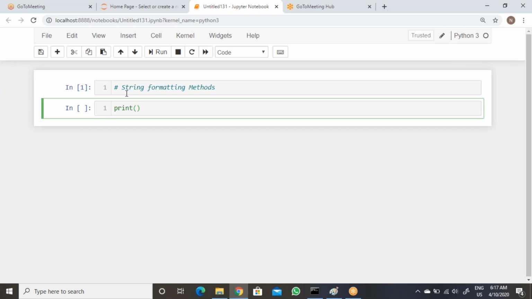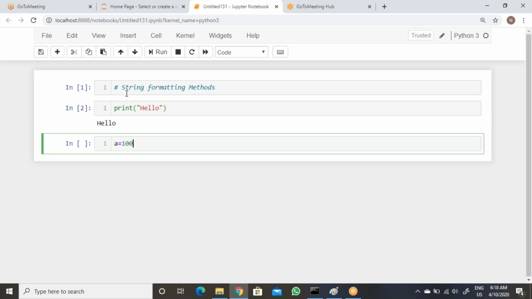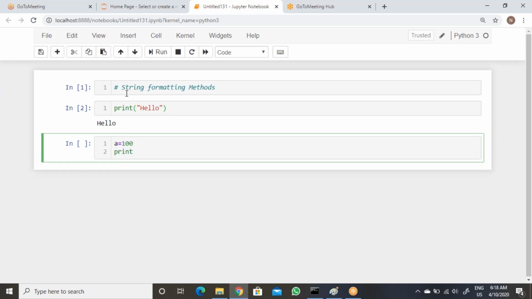So we will be using print, then hello, then this is the string. So this variable a equal to 100, and then print, then you are using the string in double quotes, value of a is, whatever you are specifying will be inside. So the whole value will be in the output only. So we can print this as it is.